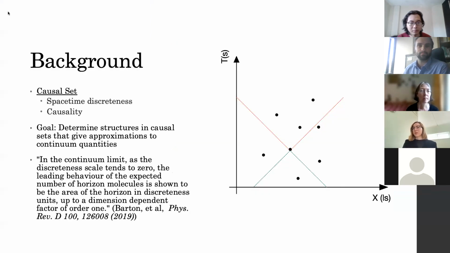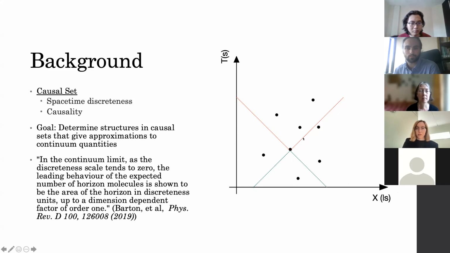So in causal set theory, we're assuming that space-time is discrete. If you look at the diagram, on the x-axis we have space, which is in light seconds, and on the y-axis we have time, which is in seconds. These points just correspond to space-time events. And if you look at the middle point here, you see